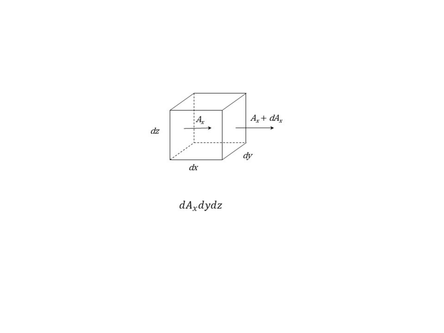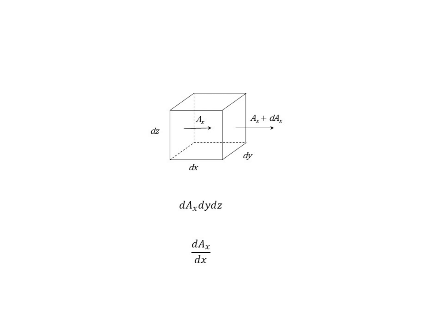For instance, if the component Ax does not change at all, the total outflow will be 0, the same amount flows in as it flows out. If we want to count this amount relative to the unit of volume, we have to divide this quantity by the volume element dx times dy times dz. But in this way, we will get the rate of change of the component Ax along x, dAx divided by